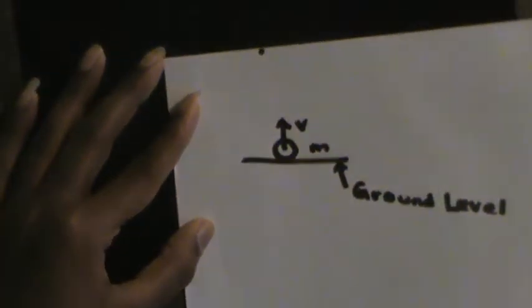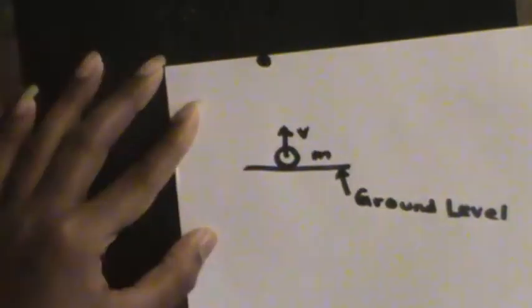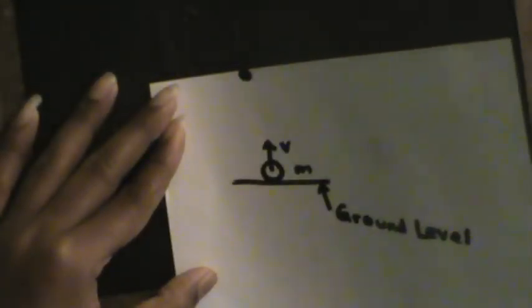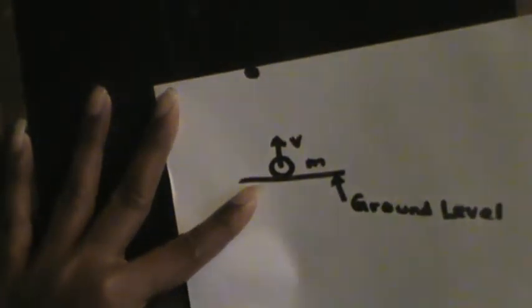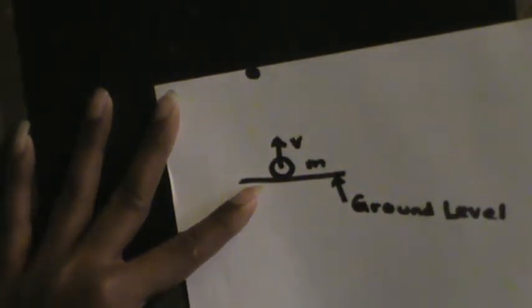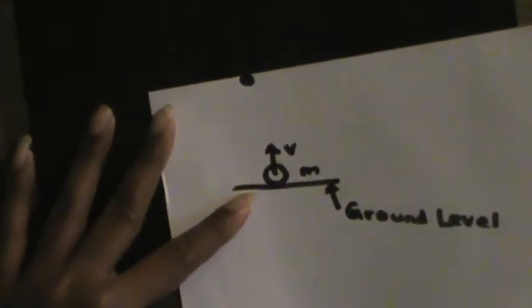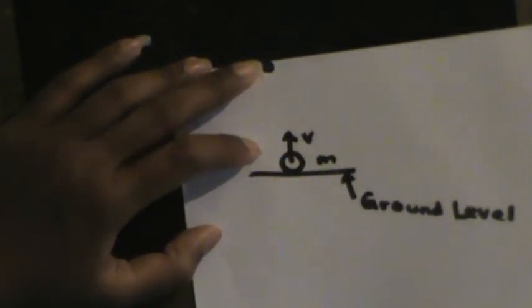Now, as I mentioned in the last video, you can actually draw a point of infinity, right? You can actually draw a surface line, say about 10 meters above the Earth's surface. So what you do is you can just take a point to represent that surface. So I'll take this point to be the infinity. So what I need to find is the velocity of this object at infinity.